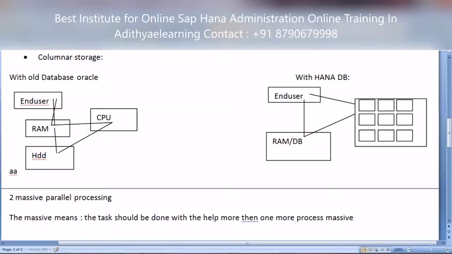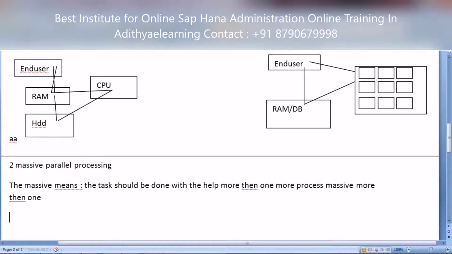Massive means more than one, you can say. More than one means n plus one, like 100, 200, 300, depending upon the case. It's massive.